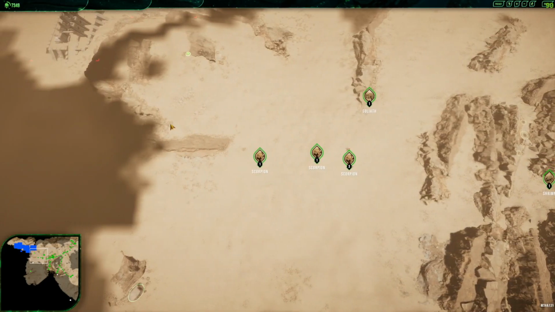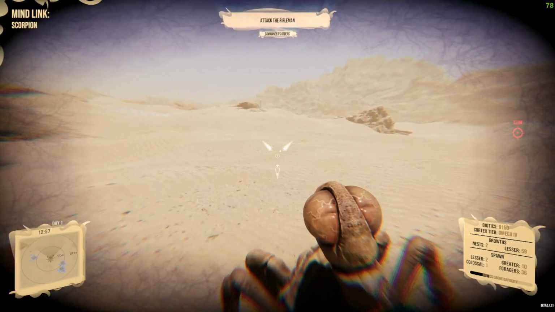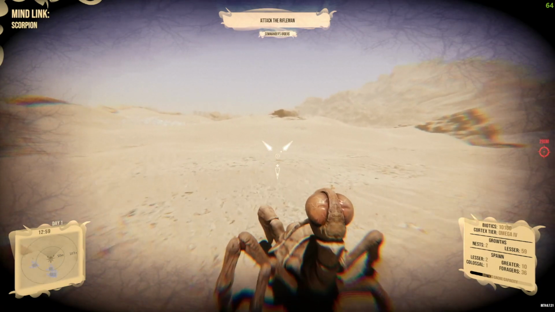Just keep spamming shrimps until you've got a nice juicy amount. If you want to know your exact number of shrimp that you have, take control of a unit quickly. It'll tell you how many foragers you've got at the bottom right there. It says 36. So,